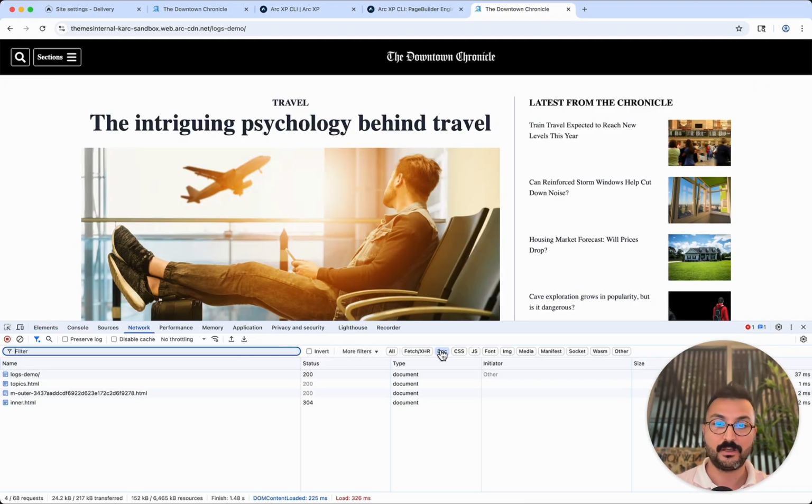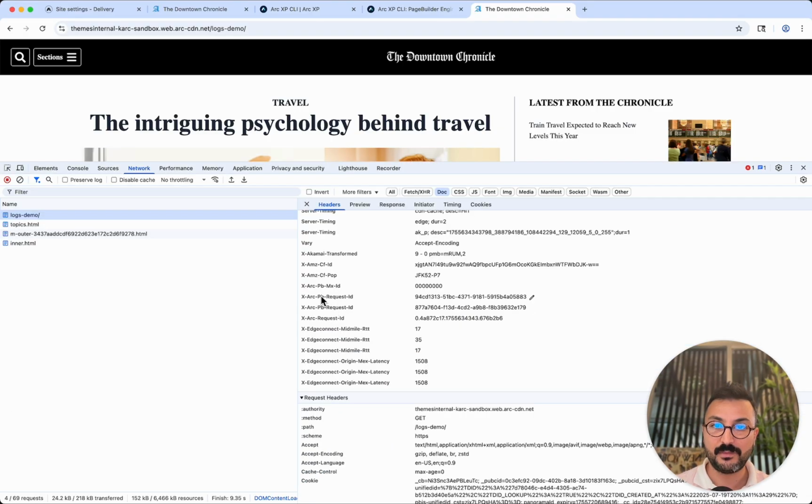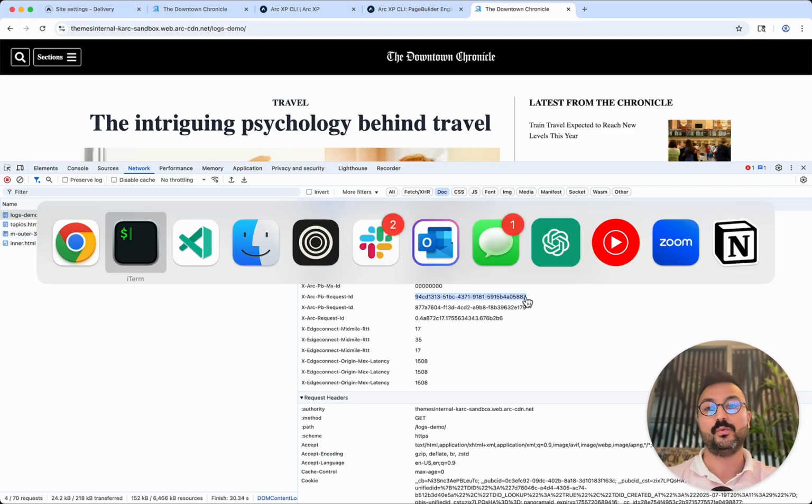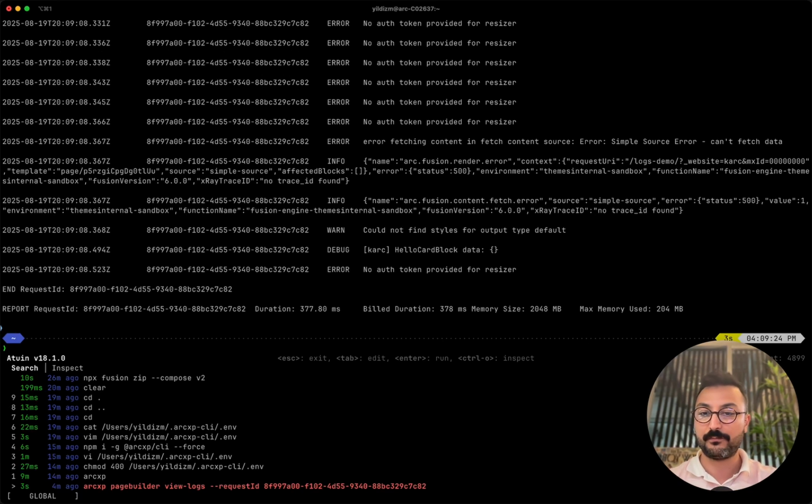So we'll refresh our page. We're looking at our network tab with the document filter. And the first one will show us the PB request ID header. You may notice that there are two PB request ID headers. This is actually one header with two values in it. Some browsers choose to show that in two separate lines. Often what you want is the first one. The second one is the resolver. One of them is render. One of them is routing. For the vast majority of our customers, the resolver request ID is not useful. Most of the time, the page builder engine render request ID is the one that you will want to look at. So if we want to repeat our